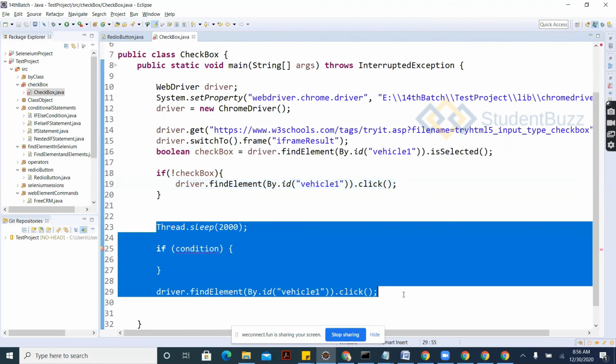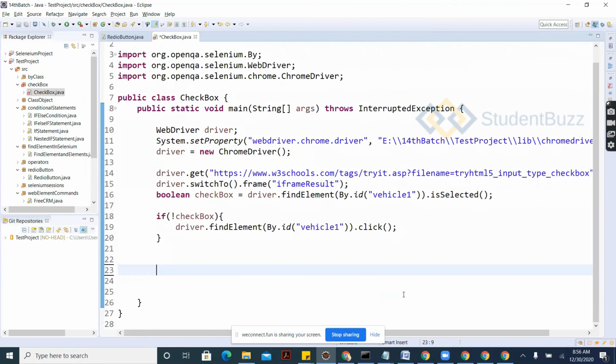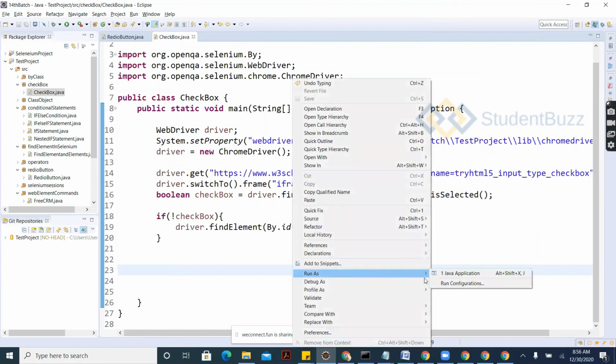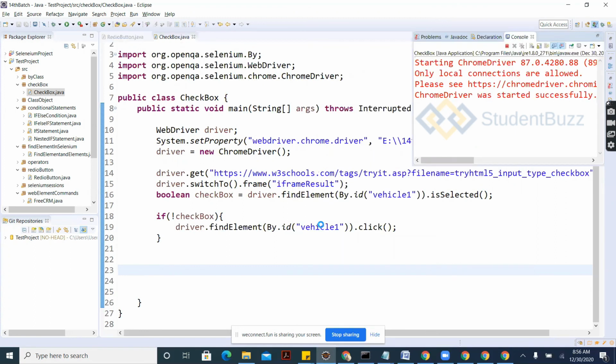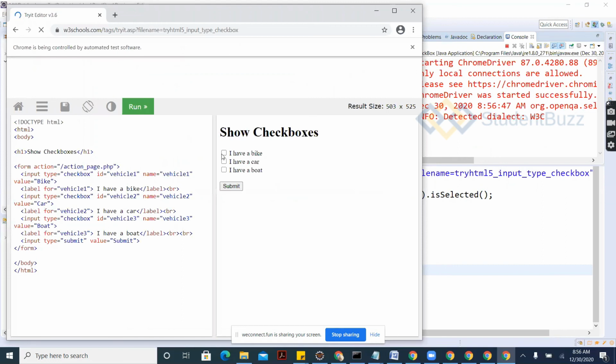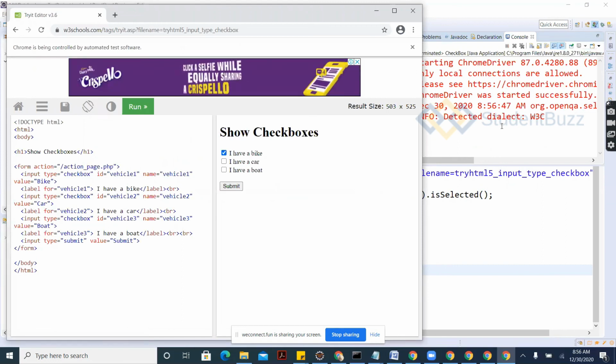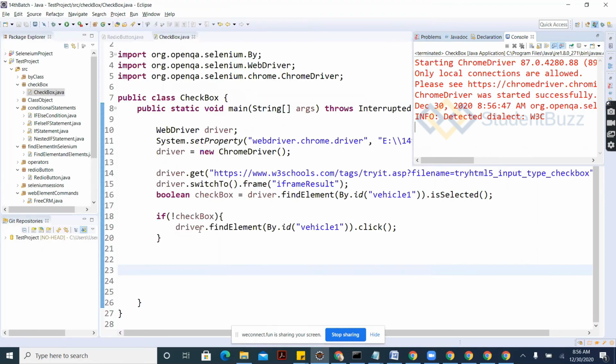So I'll remove all these things. Once it opens, I'll click myself. See what will happen. It's already clicked. It's already written the true value, so it's not done anything.